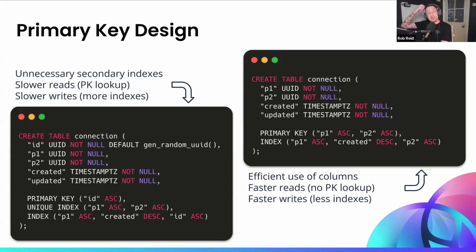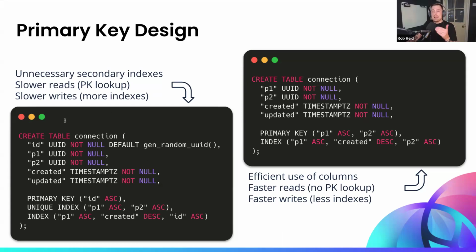We'll start with primary key design. In this example, we're creating the same table, just in different ways. The table stores connection information between graph edges, between two things. They could be, let's say, LinkedIn connections or Facebook friends, etc. And we'll query the table to list a person's connections in descending order of created date. That's to say their most recent connections appear first.